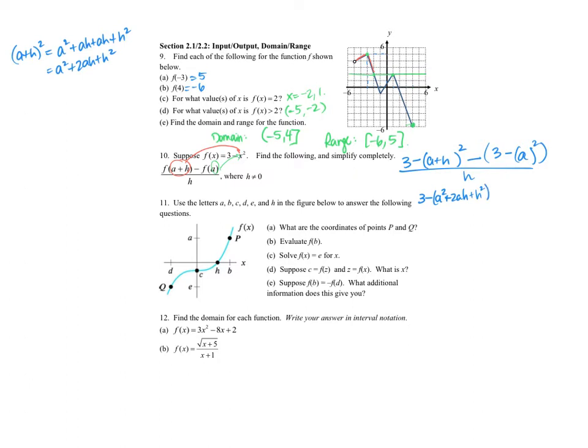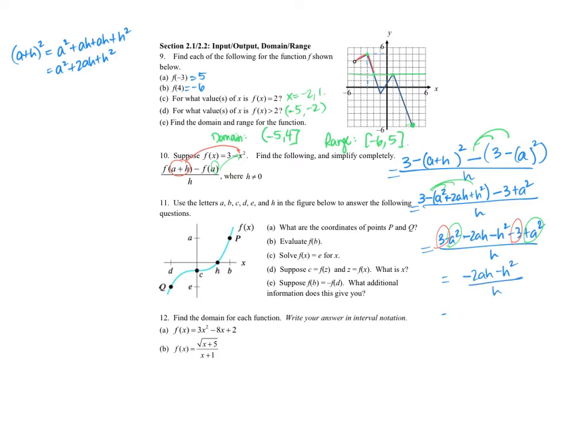And then let's distribute this negative here. So when I distribute that, I'll have minus 3 plus a squared all over h. Okay, next line. Now I'm going to distribute this negative sign on all those 3. So 3 minus a squared minus 2ah minus h squared minus 3 plus a squared over h. And what I can see is that I have a minus a squared and a plus a squared, and I have a plus 3 and a minus 3. And so what's left over when I get rid of those things, so the 3 minus 3 adds to 0, and then negative a squared plus a squared adds to 0, so I have negative 2ah minus h squared, and